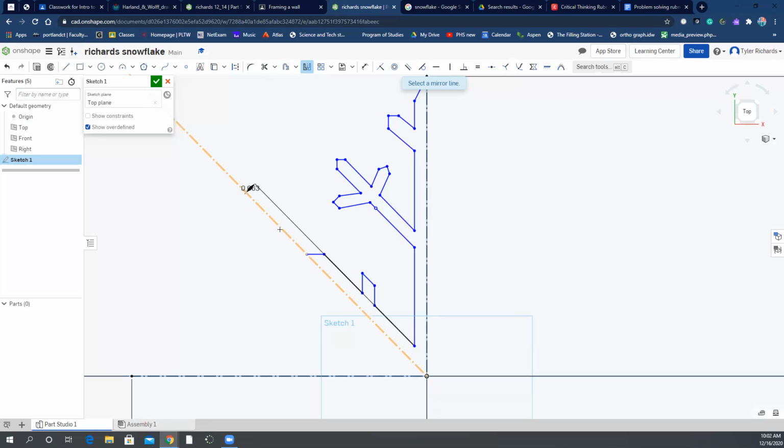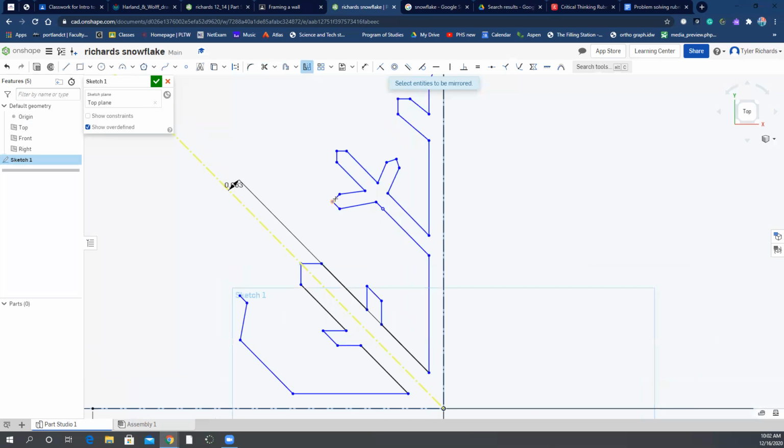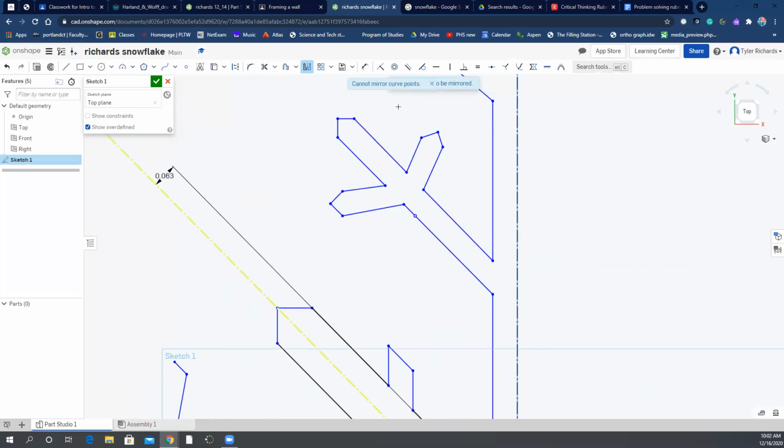So what that's going to look like, I can click, it tells me right here in blue, select a mirror line. So I want to mirror along this dotted line, and then it tells me select entities to be mirrored. So I can now start clicking these individual lines, and you'll notice as I click on them, it starts to replicate them on the other side of that yellow line for me. Oop. Now, if you get this error message, it might be because you accidentally clicked on a dot. So you can't click on the dots, you just have to click on the line segments themselves. And so I'm selecting all of these line segments,